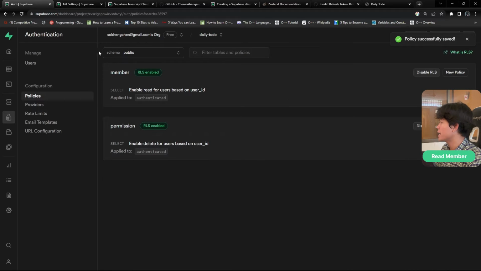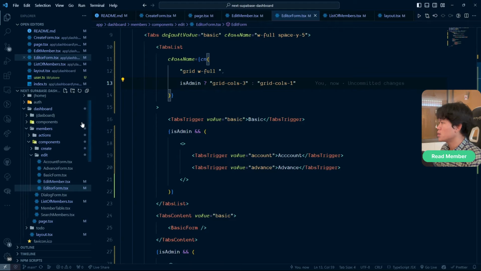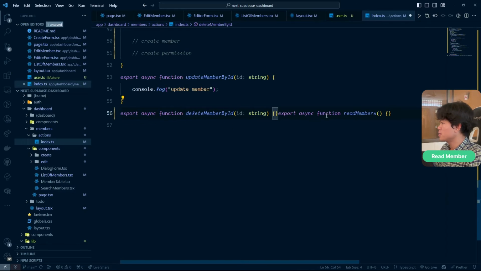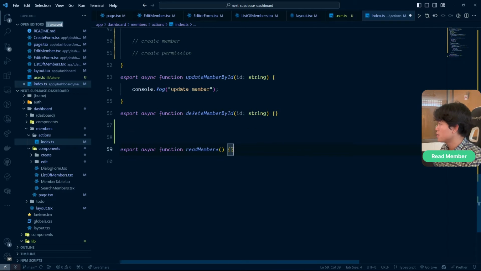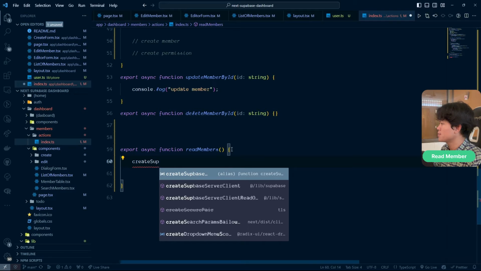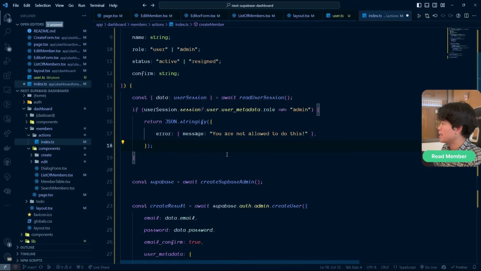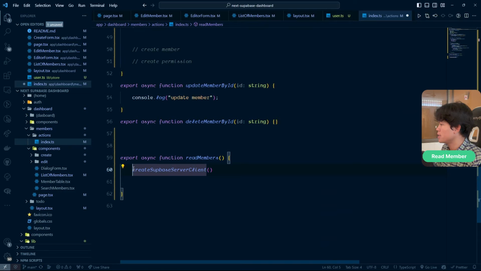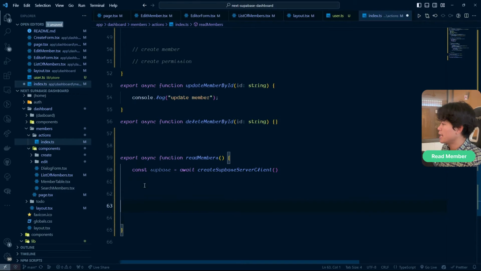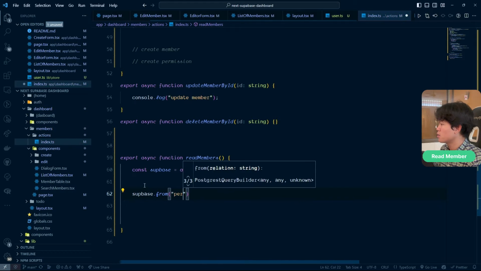All right, so right now we have this one, which is really nice. So let's go ahead and test the action and try to read the member. We're going to scroll down here, so you can see I have this function already. For this one, it's going to be really simple. First we're going to call the create Supabase client, and then we need to do the await right here, and then from here we can do supabase dot from permission,